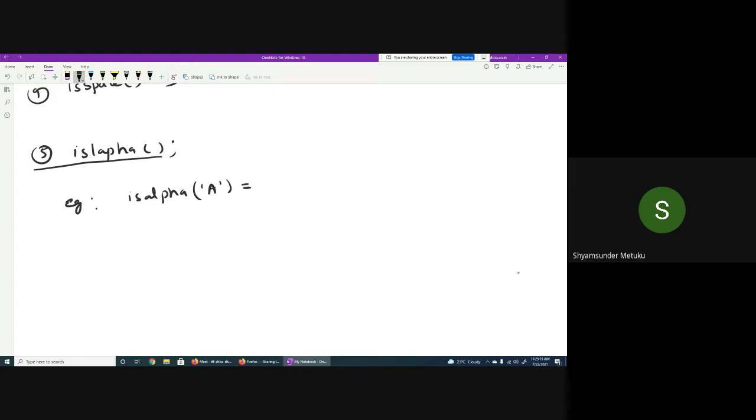What do you mean by logical output? True or false? Very good. So if I'm passing the input as capital A within single quotes, what will be the output? True. Very good. Whenever you want to verify that the given character belongs to an alphabet or not, this is the function we generally use.